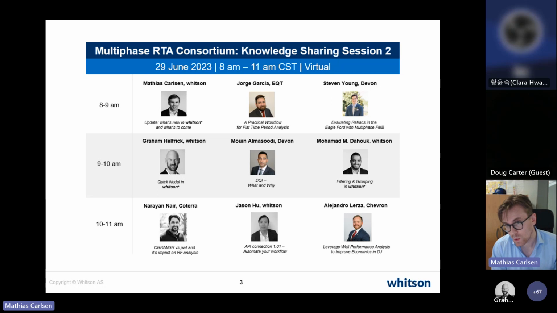And then Steven is going to take over and end the first session, presenting subsections of the paper that Steven, Trevor Stokes, and I wrote for URTEC about evaluating refracs in Eagle Ford with the multiphase flow material balance technique. Then we'll have a little break, and after that break, Graham will go through some advancements on the nodal side